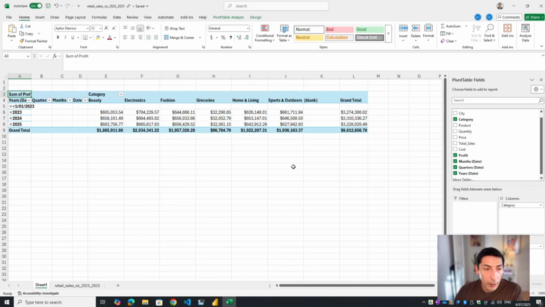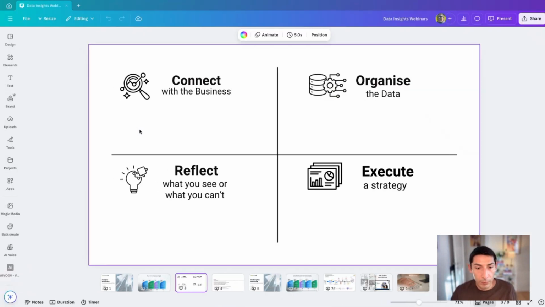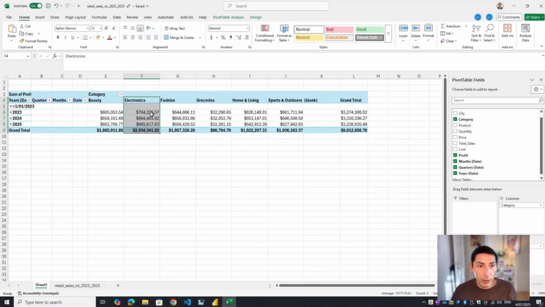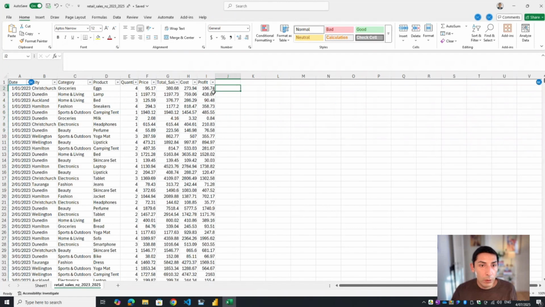Okay. So as you can see here, the line of product that gives us more profit is the electronics. So I think this is the kind of line that probably we shouldn't focus on, because the problem statement says that we need to increase the profit margin by 50%. And to be able to underline which line of products is doing less profit, we need to do a profit column in percentage